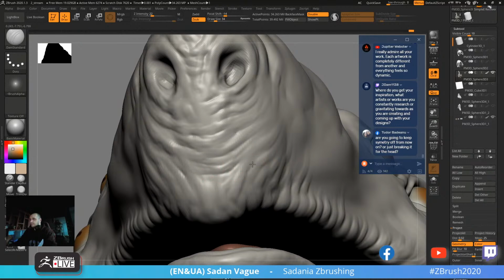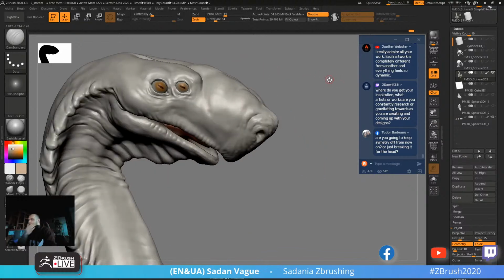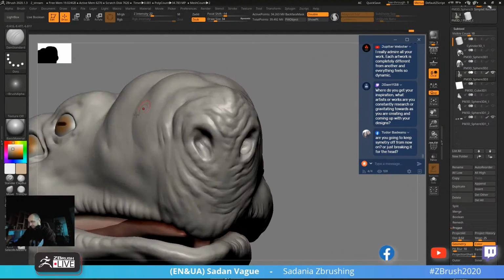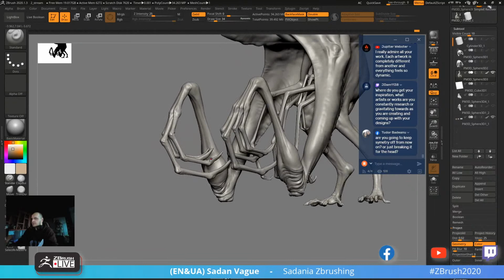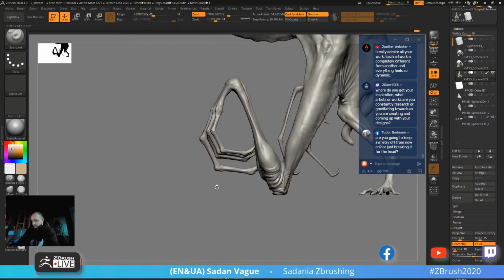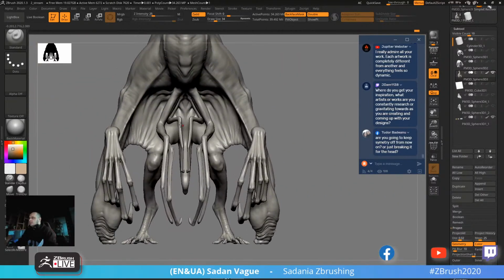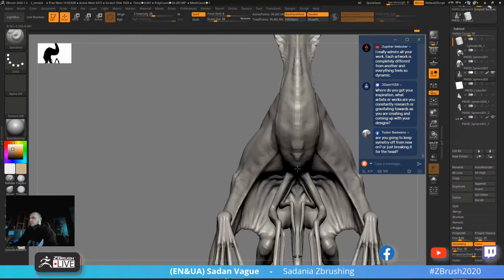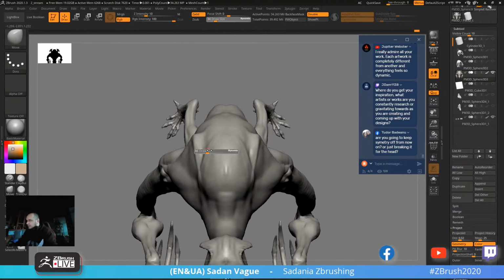For now I just want to work a bit on the head. That's why I turned off symmetry, but there's a lot of areas where I would like to keep it, like for example these front arms and also the back legs, and this part needs more details on that. And by the way, I want to